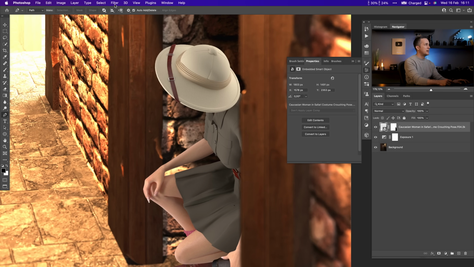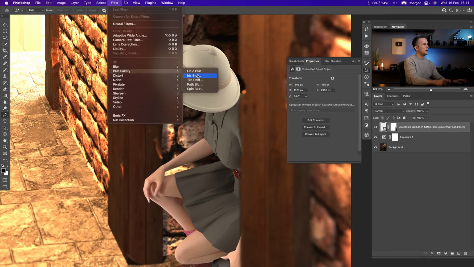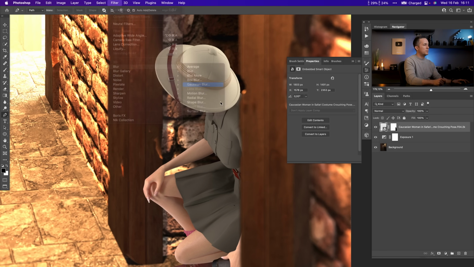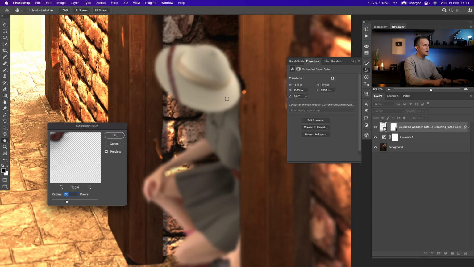We need to apply it on the layer itself. So filter, blur, Gaussian blur. Okay, so this is too much. We need to do something between this and this. The value of, let's see, 2. Not bad, maybe